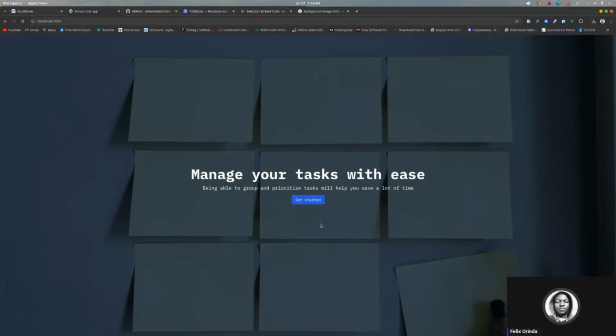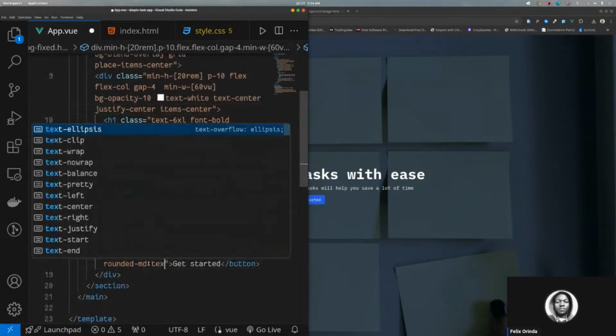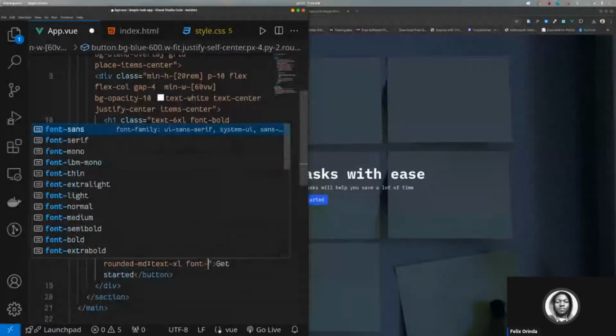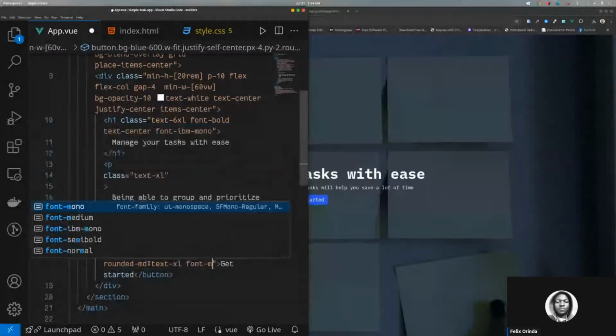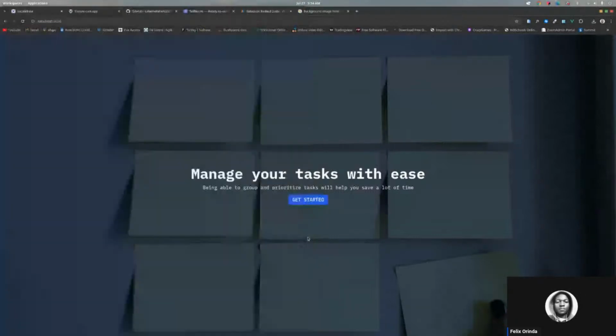So I think this will do for text slide 2 and medium. Uppercase. Yeah. So if we click get started, it should be able to shift. So this is like our landing page,